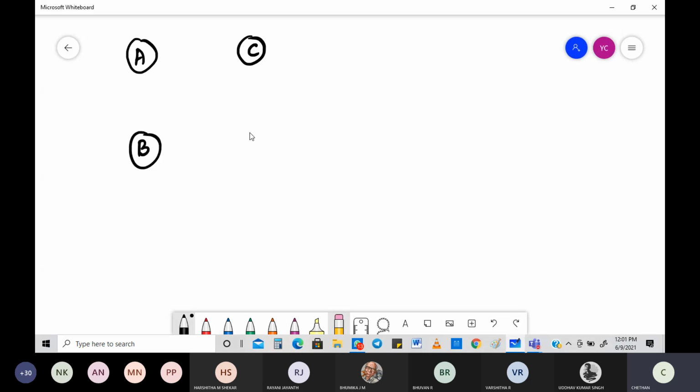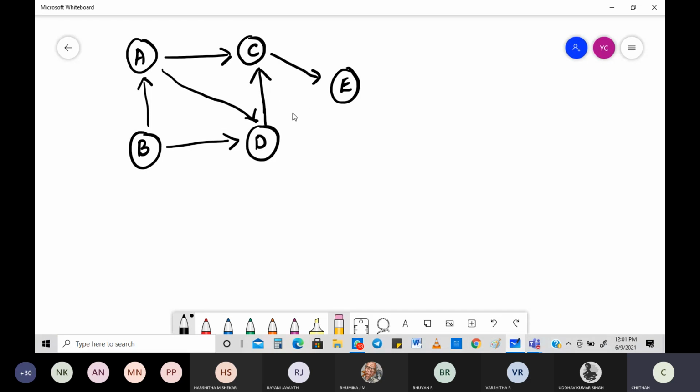You should check for yourself whether it is a directed acyclic graph or whether there is some sort of cycle involved in the graph. In yesterday's class you saw what happens when you don't have the acyclic property, when you have a cycle in a graph. You saw that with the removal method, but here also you need to check whether it is an acyclic graph or there is something else.